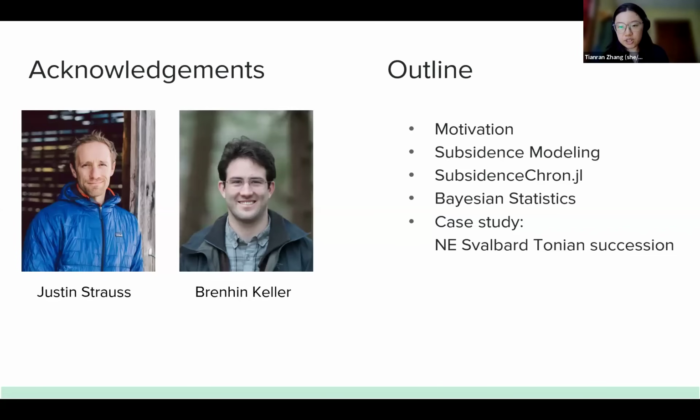And just to briefly outline what I'm going to be talking through in the next 20-25 minutes. I'm going to first walk through some of the motivations, which is going to be very quick and obvious for most people here. And then I'm going to walk through the entirety of my model design, which is partially the subsidence modeling part, and then the Bayesian statistics part. And because I'm going first today, hopefully I can give you a quick introduction to Bayesian statistics, so that I can pave the way to the second talk. And then finally, I'm going to talk through the case study that I did on the northeastern Svalbard Tonian succession